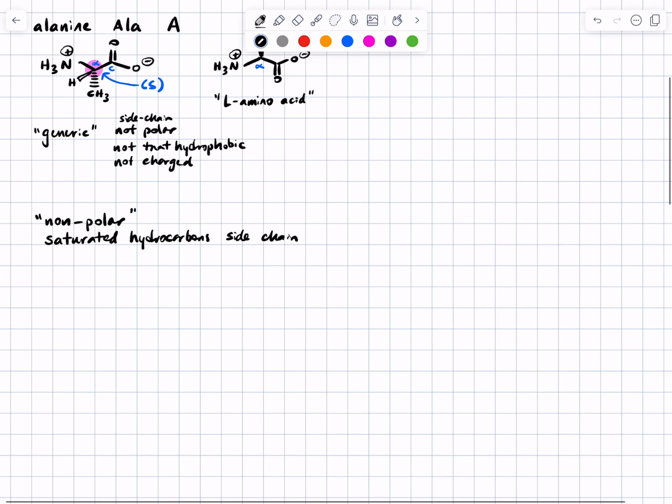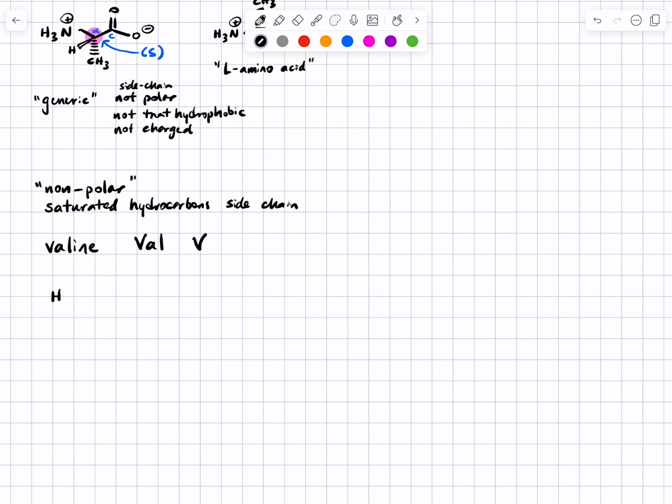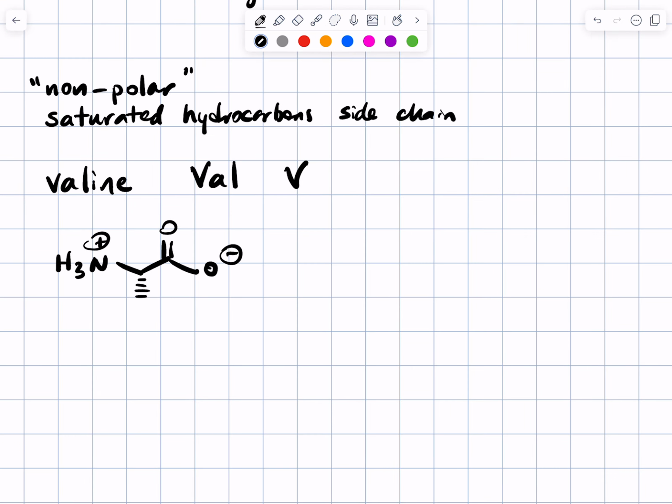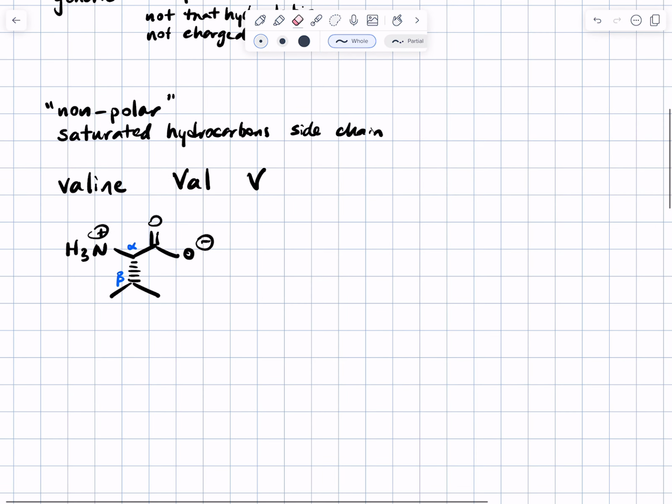All right, so the first is valine. Three-letter code VAL, one-letter code V. So far, the one-letter codes make a lot of sense. We'll get to the point where we run out of letters and they stop making sense. Valine's got the same backbone structure. At the alpha carbon, valine also has a wedge. And then at the beta carbon, you've got two branching methyl groups. So valine is,